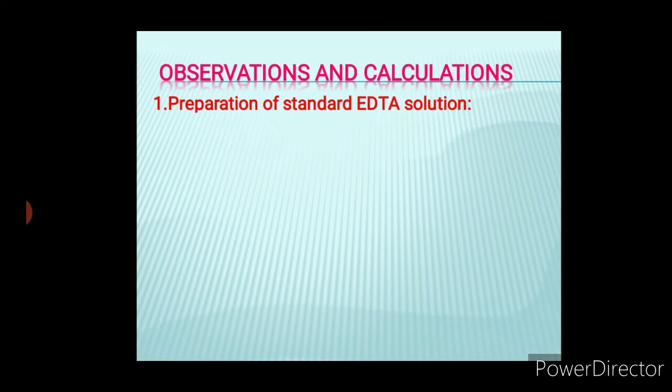One is preparation of standard EDTA solution, and the second is estimation of calcium oxide. How to prepare the EDTA solution we already learned. Whatever EDTA solution we have prepared, what concentration or molarity we have prepared, we will understand by doing this simple calculation. For that we need the mass of EDTA dissolved in 250 ml. Initially it will not be told to you what gram is given, but after you do your experiment and get 3 trials, it will be told to you.